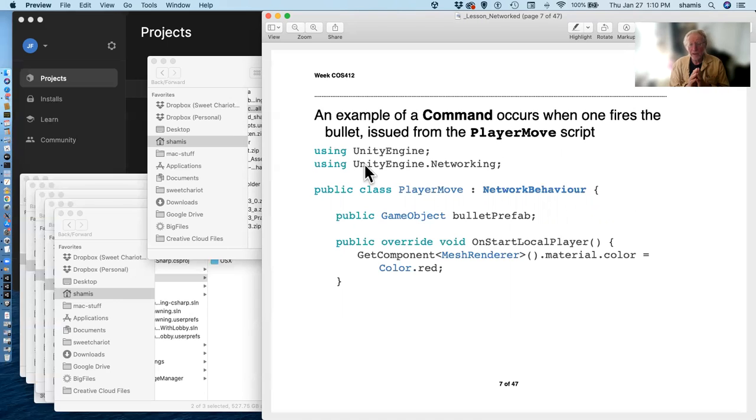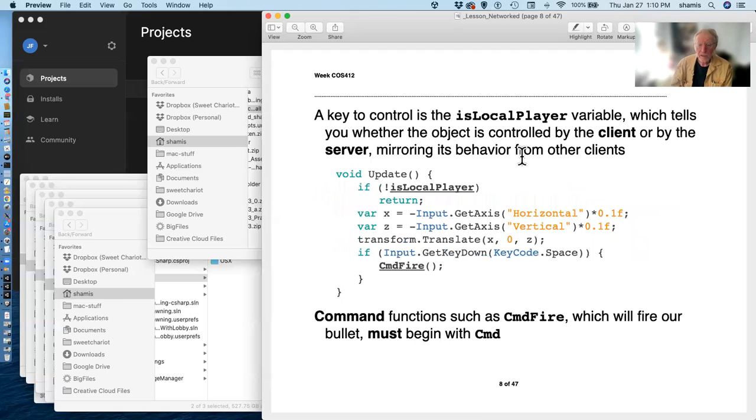An example of a command is when one fires a bullet. So in some player move script that is controlling our player, and notice this is a network behavior, not a mono behavior, and I'm not sure what netcode requires. We'll have to look that up in the documentation. One of the functions that you get with networking is OnStartLocalPlayer, and in this case, I'm assigning it to red. But in the update function,